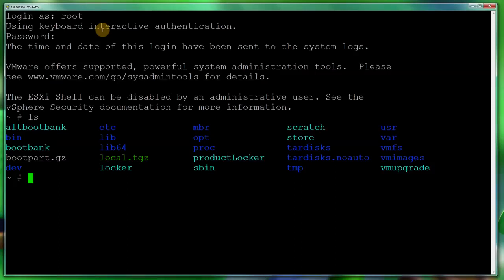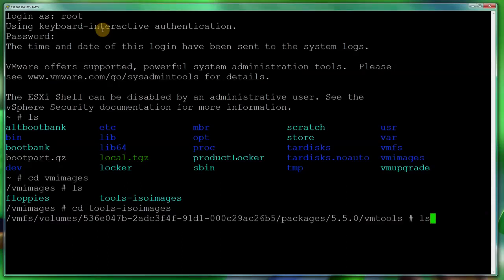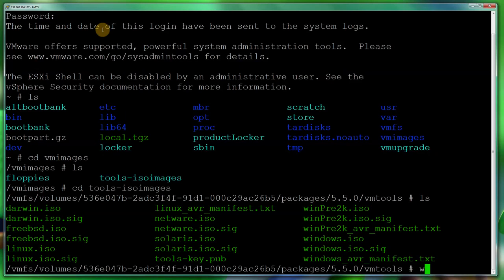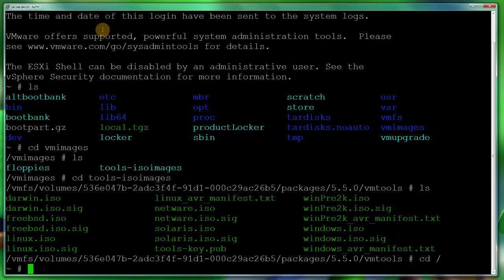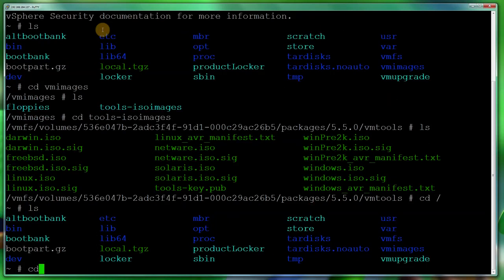Now there's actually two places you can do a wget for the ISOs. The first one, which is not the one I'm going to be using, but I'll show you where it is: cd VM images, ls it, cd tools-iso images, ls, and you can see I could do a wget on there and basically download more ISOs and keep them in there. I don't really like that because that comes with VM tools, and I prefer to keep them in the data